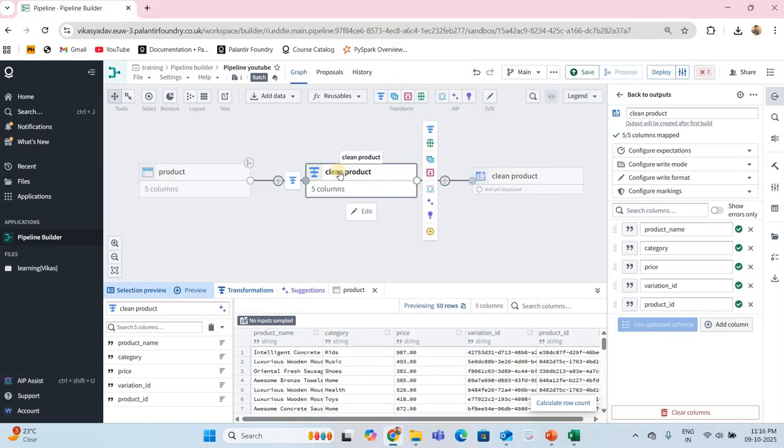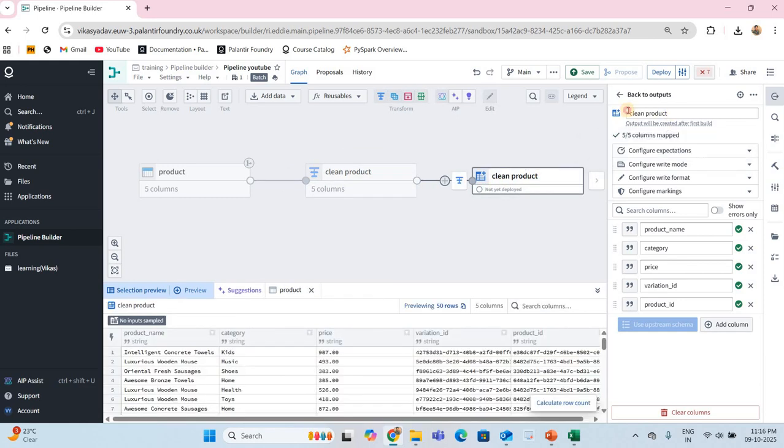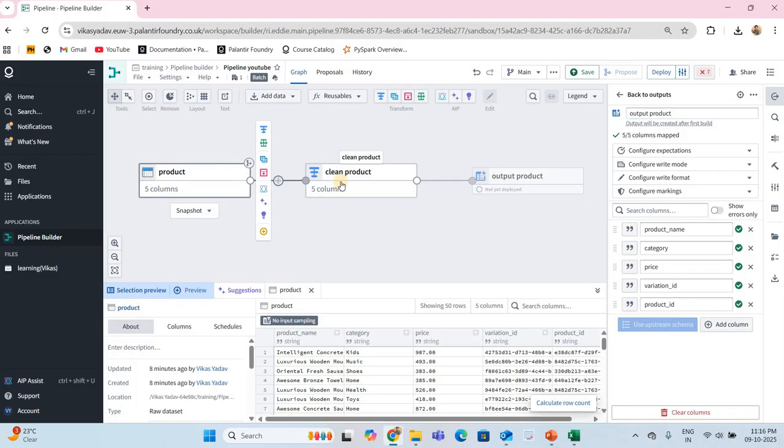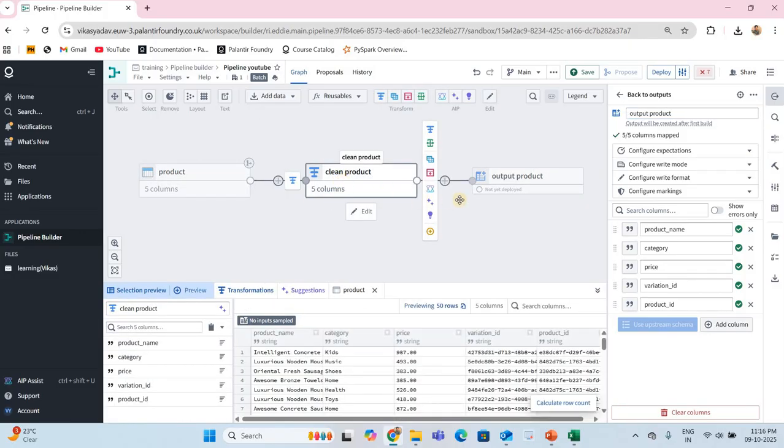So this was the clean product, and I should give here the name output product. Product, anything I can give, but yeah. So this is the raw data. We have applied the transformation and we have cleaned it. Now we have made the output.